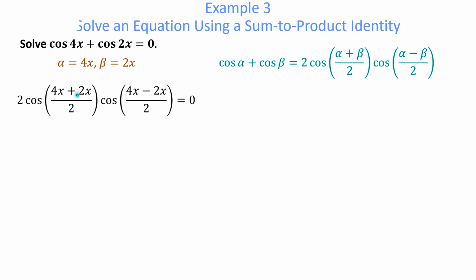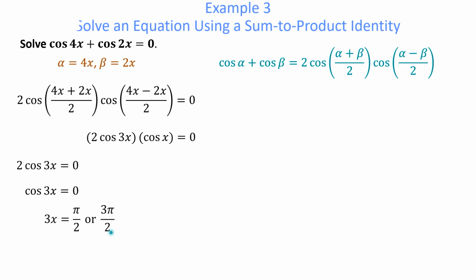Now we can simplify what we have in the bracket over here to give us 3x, and we can simplify what we have in the bracket over here to give us x. Now this is one term here multiplied by another term here, which is equal to 0. These are 2 factors. So we'll look at the first factor, 2 cos 3x, and set this equal to 0. And we'll solve this for the interval 0 to 2 pi initially. So dividing both sides by 2 will give me cos 3x equals 0. Solving for 3x will give me pi over 2 or 3 pi over 2. And because we want x, we'll divide both of these answers by 3 to give us pi over 6